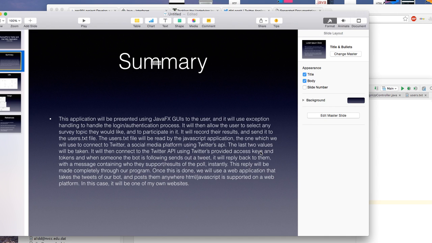by using the API, once someone that we're following tweets, someone that we've designated in the program, when they send out a tweet, our program is going to reply to them with our results. So it's going to post that on the social media platform,